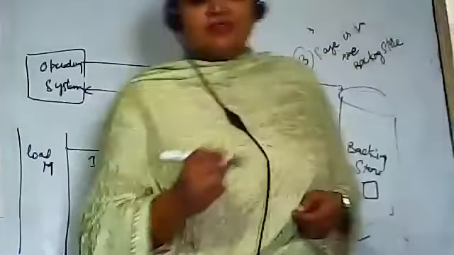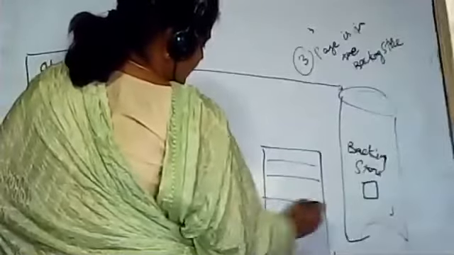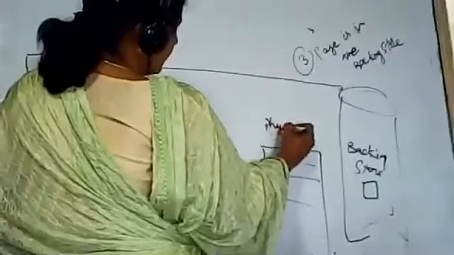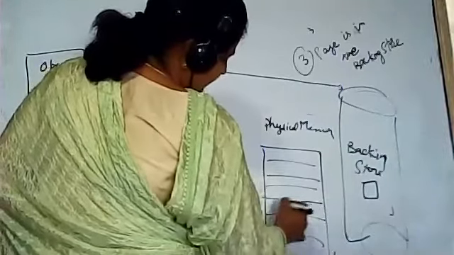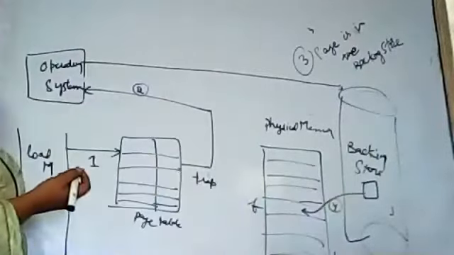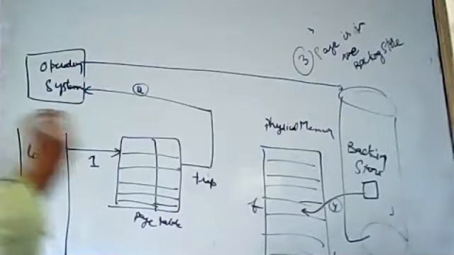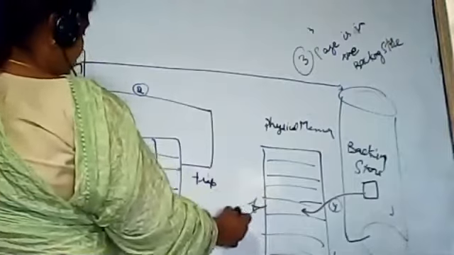In the physical memory, we know physical memory is divided into frames. This is the physical memory. It has many frames and they are filled. There is one free frame, F is the free frame. This page is brought into that free frame. This is the fourth step: bring that page into the free frame. From this free frame, it moves towards the